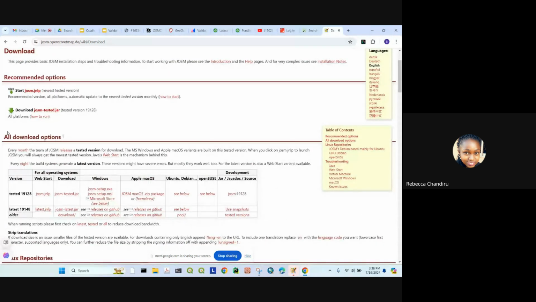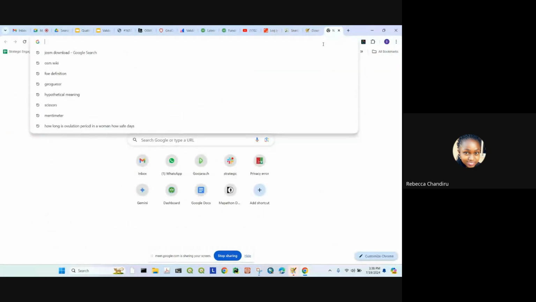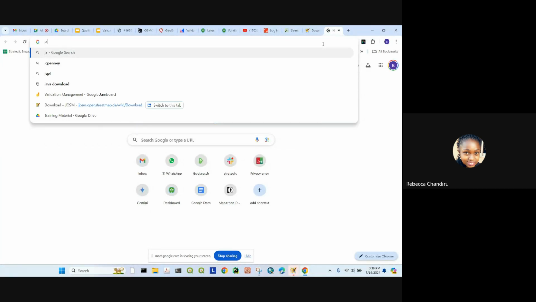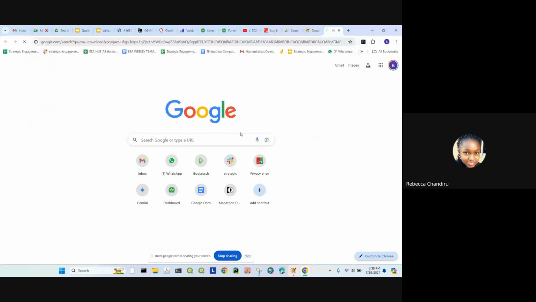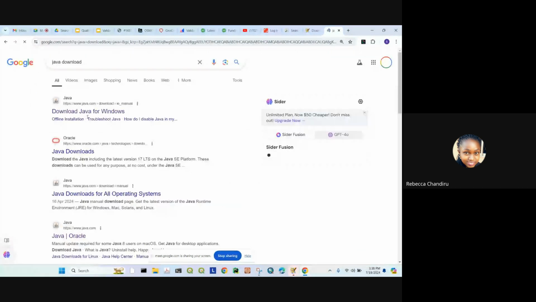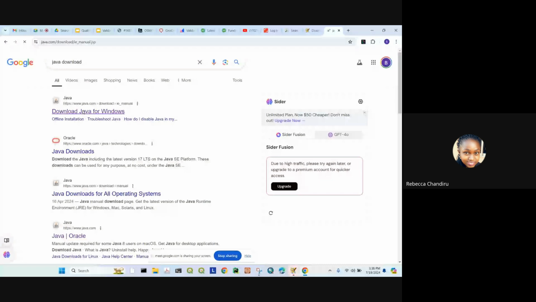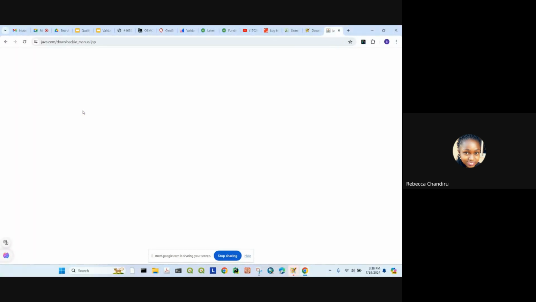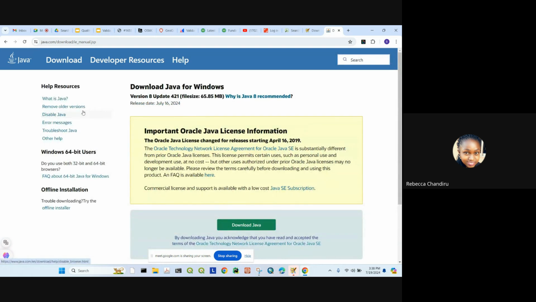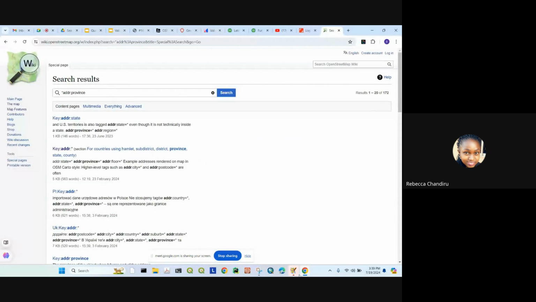For those that are using Windows, I always recommend to use the tested version. This newest version usually has a bit of bugs. Yeah. And then I don't know if some people still say Java, but Java supports JOSM to run. So you go to the Java download. You also go ahead and download Java, the one that works for your computer, depending on the operating system that is running. So once you have both of those, you will have something like